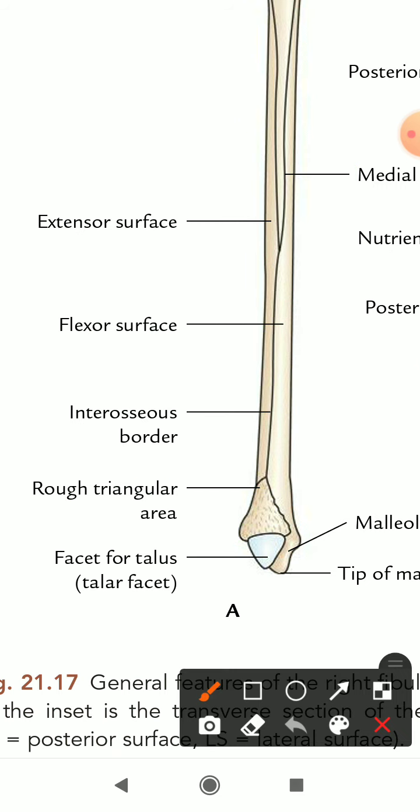And you can see there is a facet, smooth shiny facet. This facet is for the articulation with the talus bone, and it forms a part of the ankle joint. So that's all about the